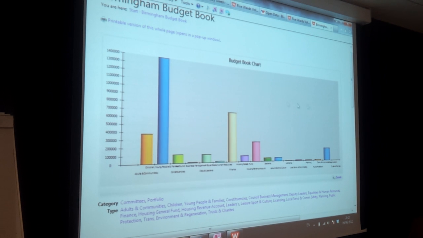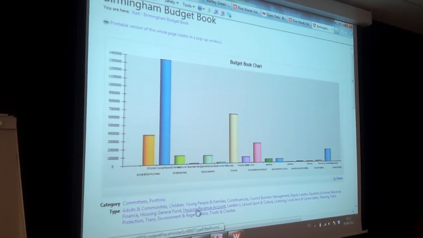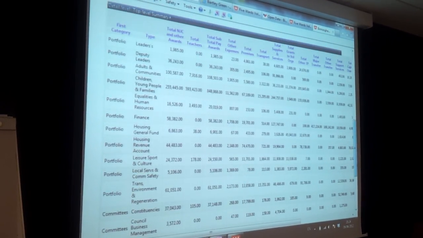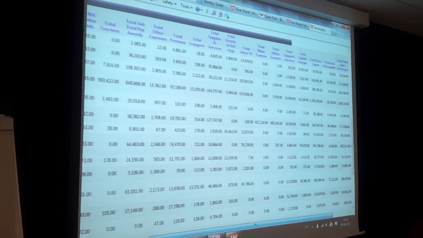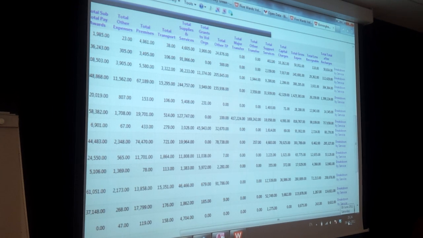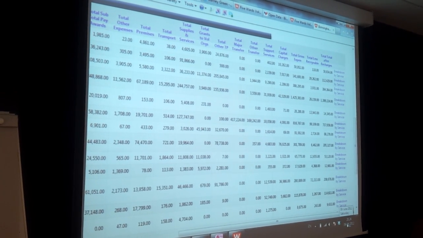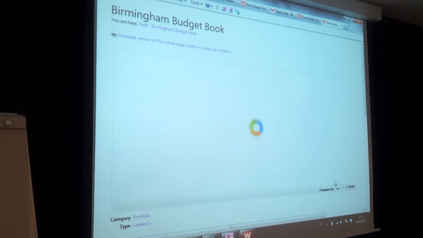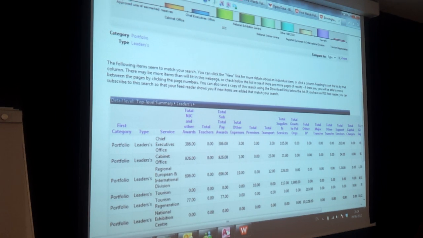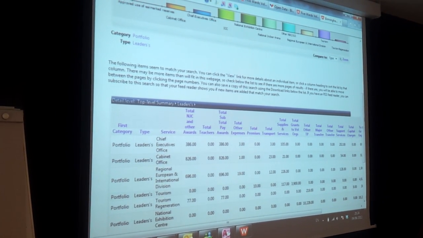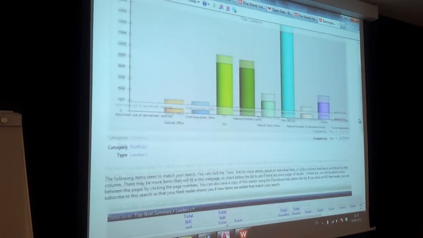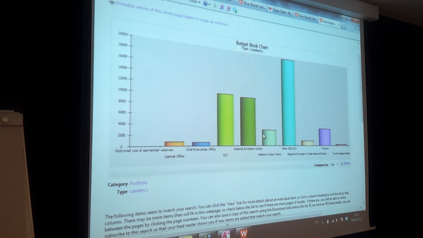These are the headline expenditure types: adults, communities, children, what have you. And what we've got down here are the aggregated totals. And then if I want to, I can go down to the next level, break down into the individual service itself. So you can have drill downs within the app. You can have several layers of drill down depending on the complexity of the data to get right down to the bottom factors. So you can have the Pareto